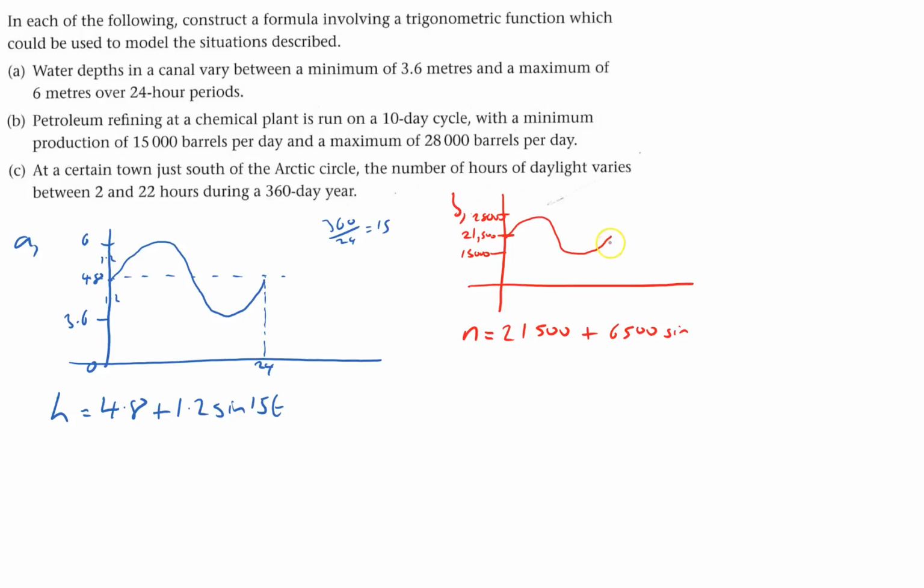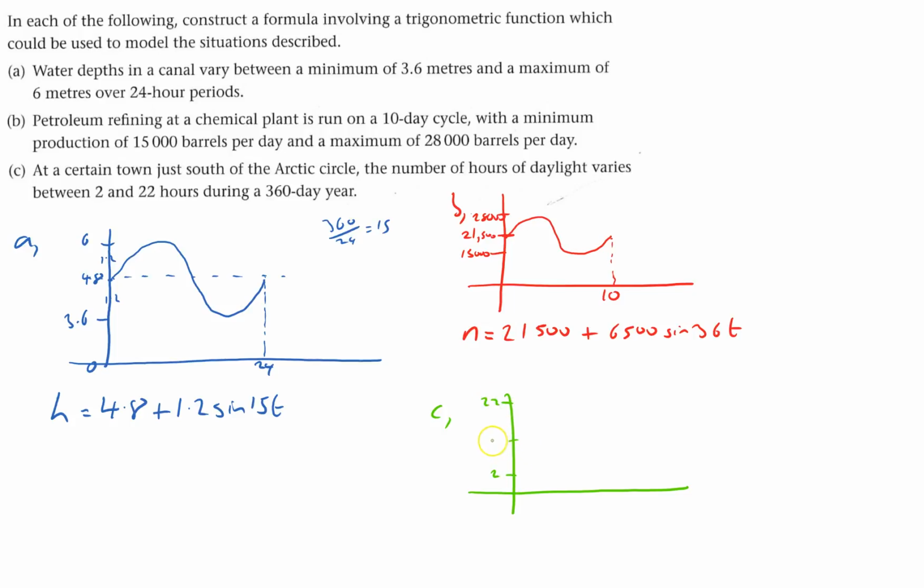and then this bit here was in a 10-day cycle, so it's going to be 10, but I want that to be 360, so it's going to be 36t. So multiplying 36 by 10 will give 360 and will take me back to where I am. Nice. Finally, C, it goes between days, our sunlight goes between 2 and 22, so it goes up by 20,